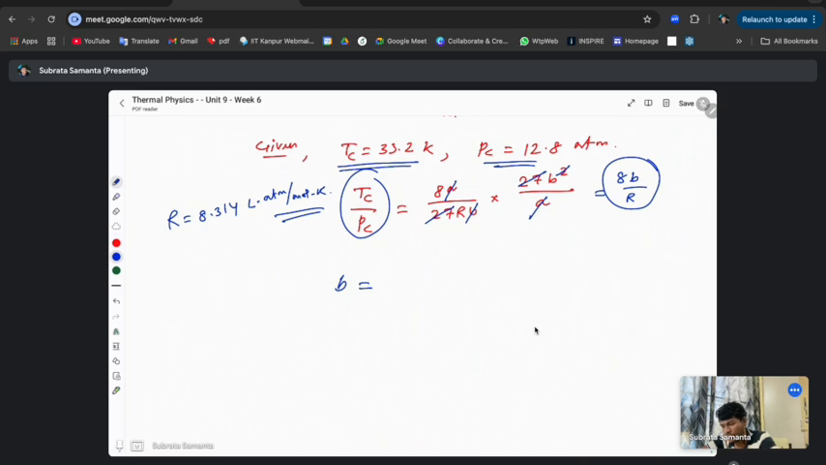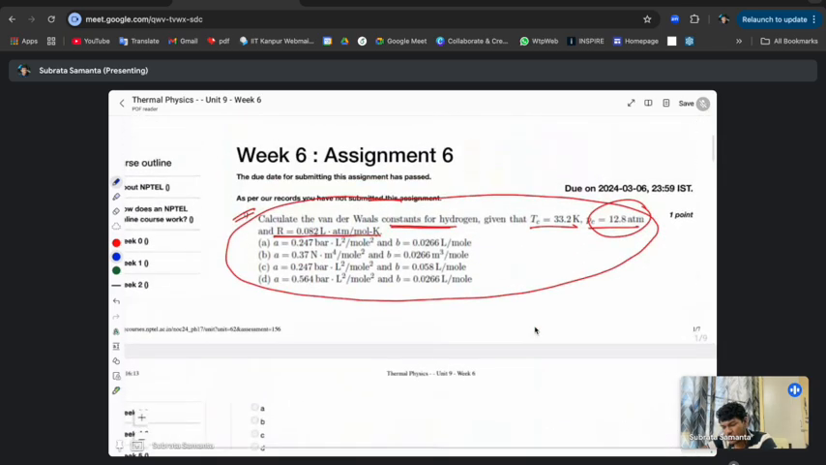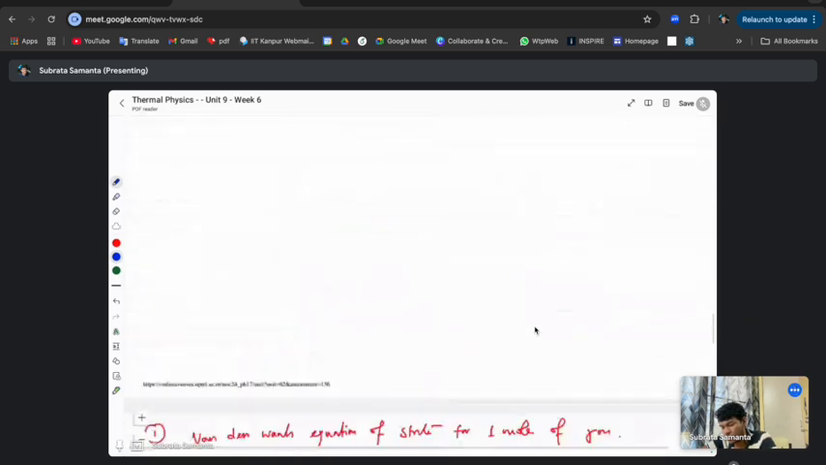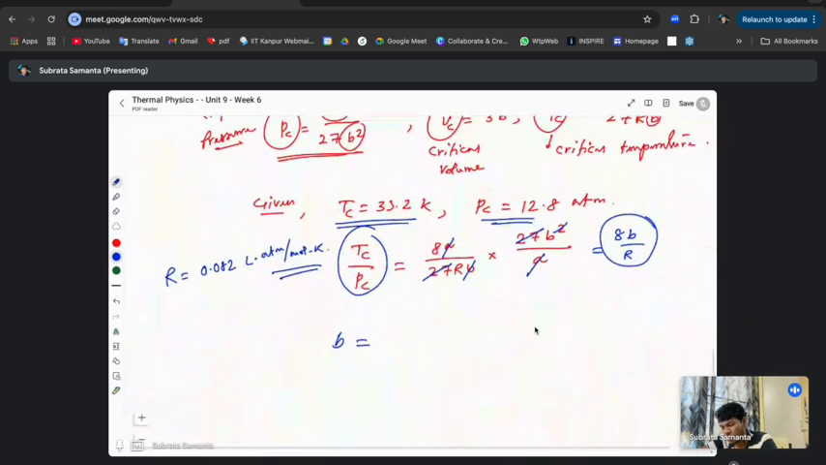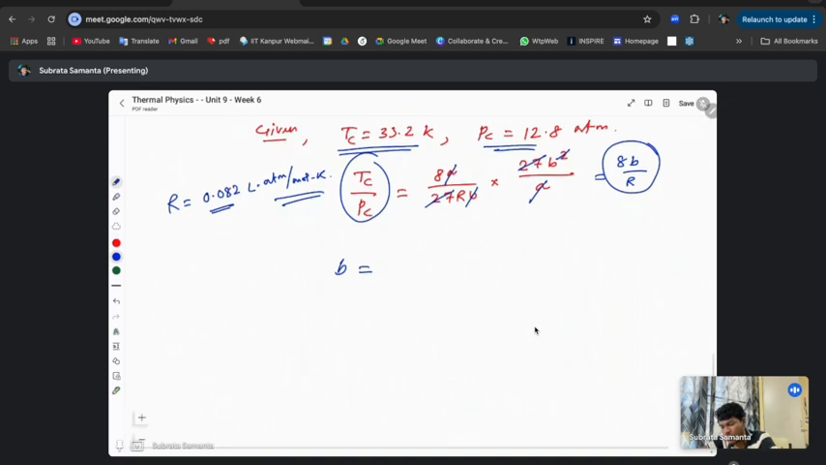8.314, so I have to convert this, because this one is joule. Liter atmosphere is 0.082, right? Let me check. Yes, so 0.082 liter atmosphere per mole Kelvin, versus 8.31 joule per mole per Kelvin. So if you convert this unit, it is 0.082. Therefore the value of B is